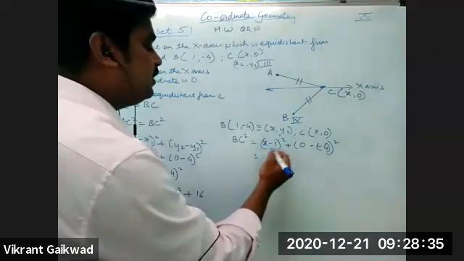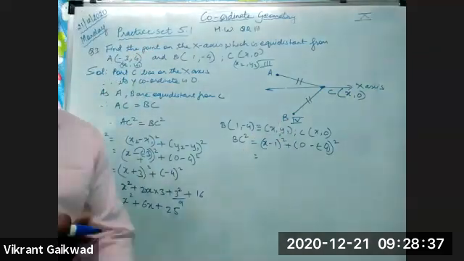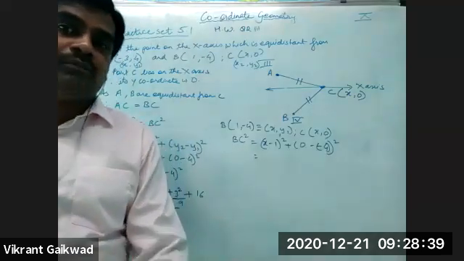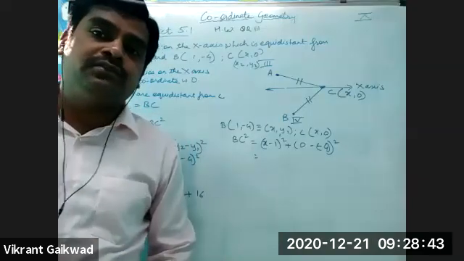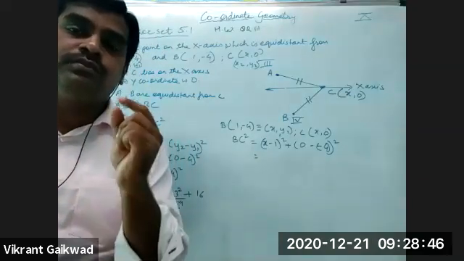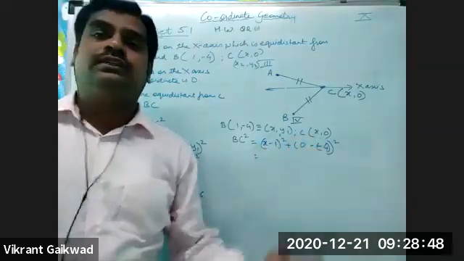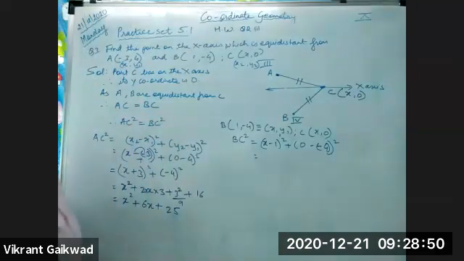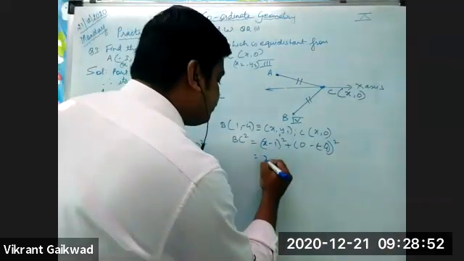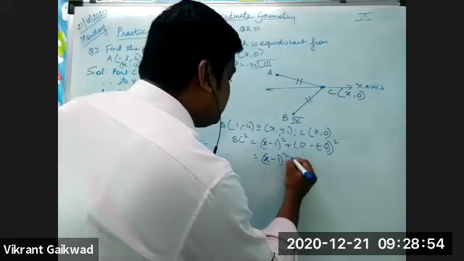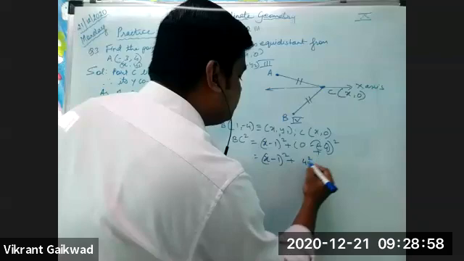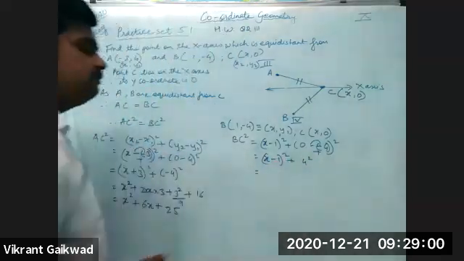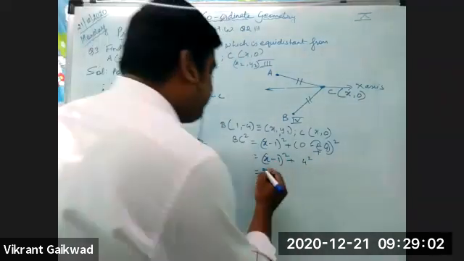Now you will say that the square of a negative number and a positive number, both the answers are the same. But no, the examiner will cut your marks here if you don't show that negative sign. Understand? So you have to be very careful when you show this. Remember. So this is x minus 1 the whole square plus, minus and minus is going to become plus, so plus 4 square. We'll open up the bracket.